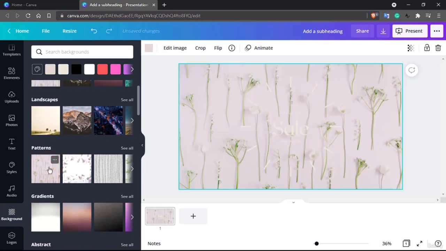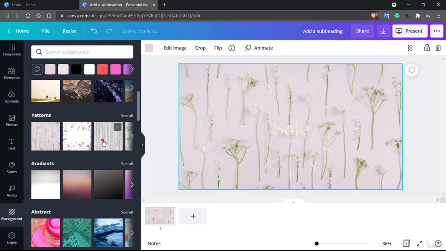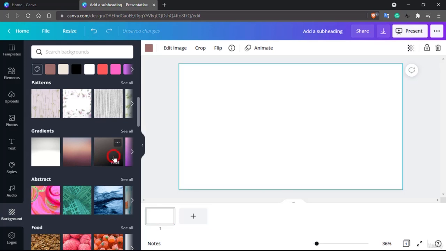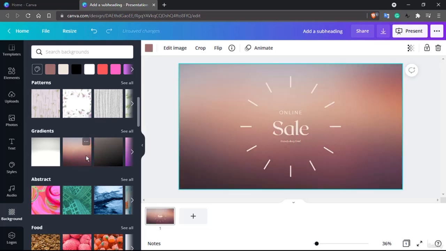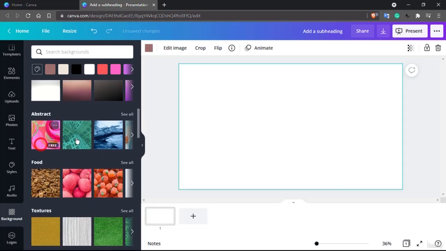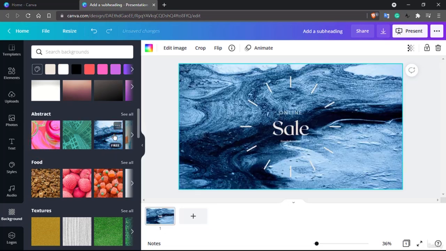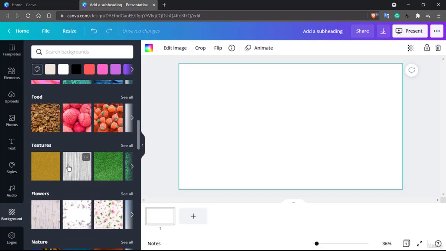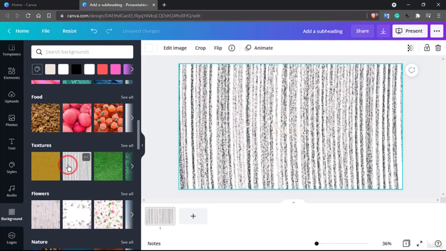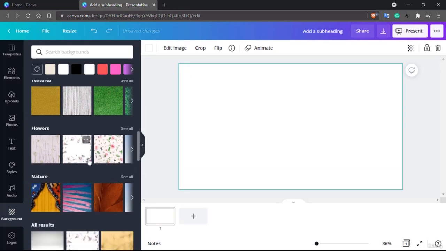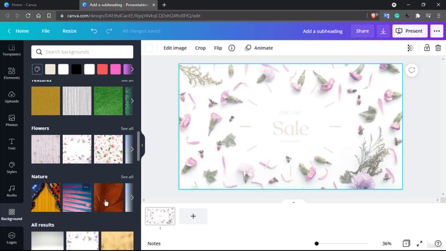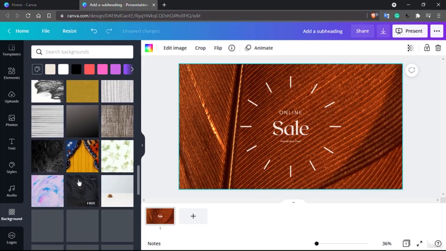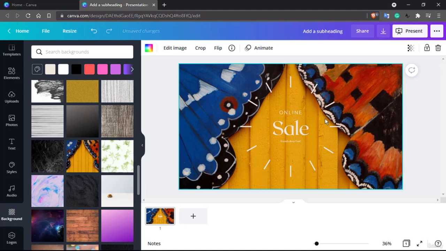Then we have some patterns, and there are different sorts of patterns. Similarly, for those gradient options we saw earlier, there are these gradient options. This one's nice. And then we have some abstract. So this is a nice piece of art. You can use it as background. There are foods. You can see there is food. There are some textures, and there are flowers. You can have some nature. So these all are there to make your work easier, and you can play along with which you would prefer,